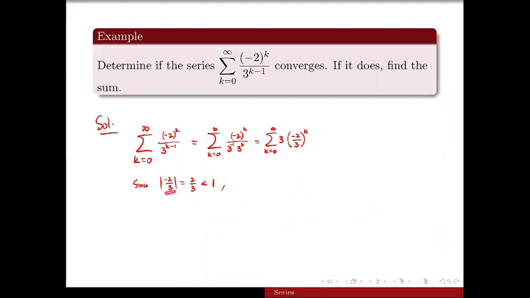So we are calculating the absolute value, and we found it's less than 1. The series negative 2 to the power k over 3 to the power k minus 1, k from 0 to plus infinity, is convergent. With sum,